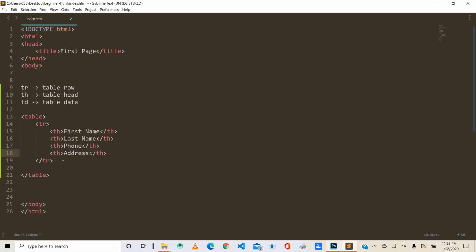Good. So that means we are done with the first row. So the first row is having four columns: one, two, three, four. First name, last name, phone, and address. So we are going to specify the second row, which is TR again. Then I have